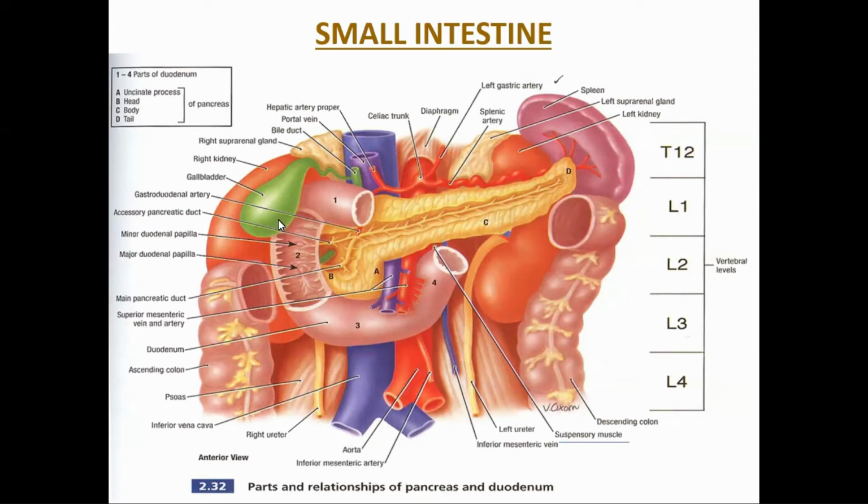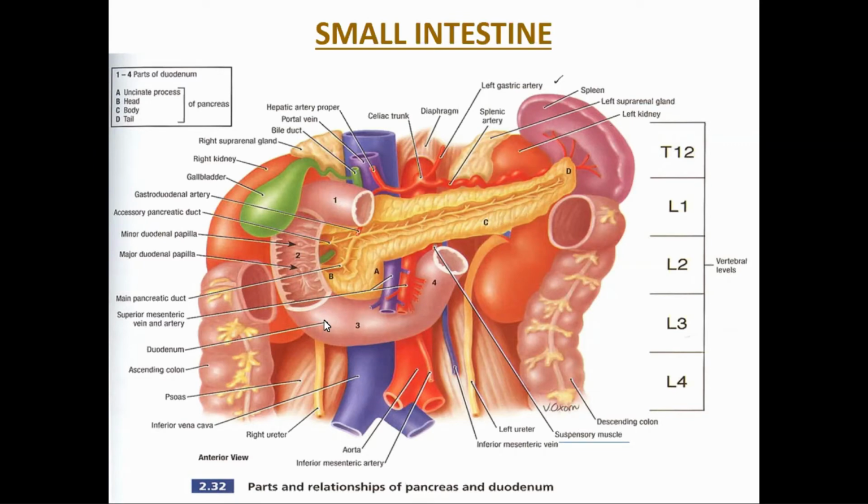Now the second part extends from the superior to the inferior duodenal flexure. Anteriorly, it is related with the gallbladder, transverse colon, and the coils of the jejunum. Laterally is the right colic flexure, which is the junction of the transverse and the ascending colon. Medially are the head of the pancreas, main pancreatic duct, bile duct, and the superior and inferior pancreaticoduodenal vessels. Posteriorly, it is related with the duodenal impression of the right kidney and the right renal vessels.